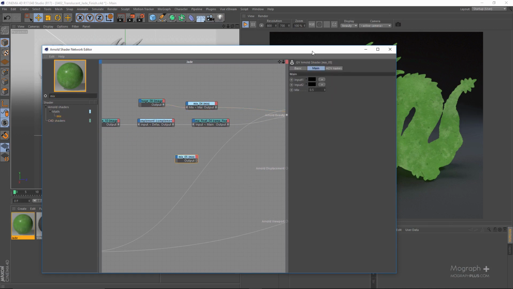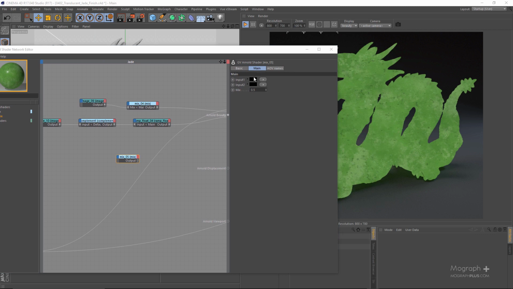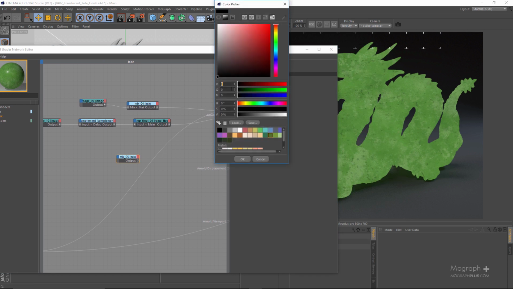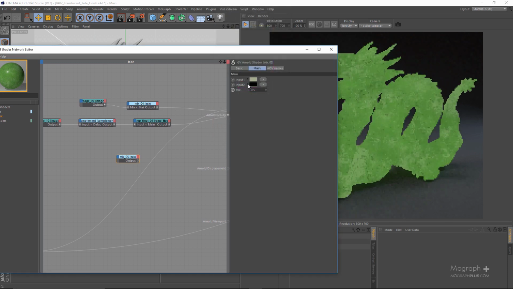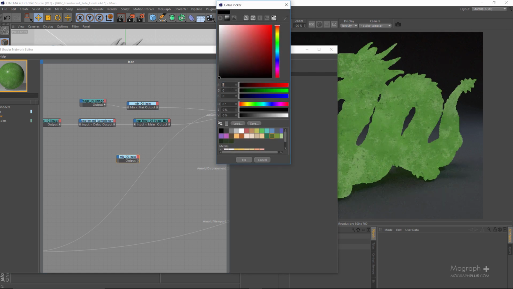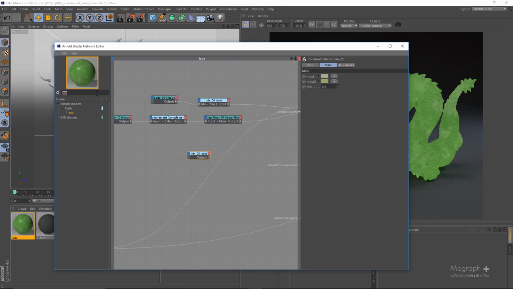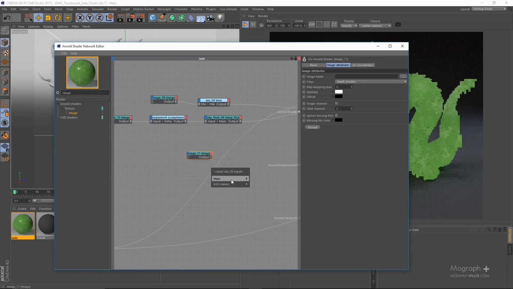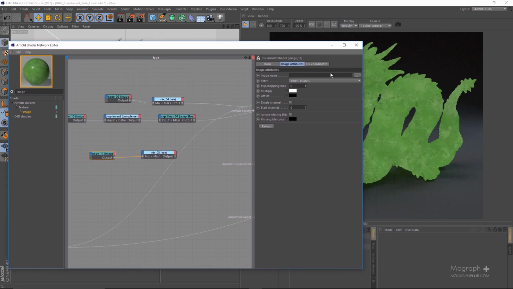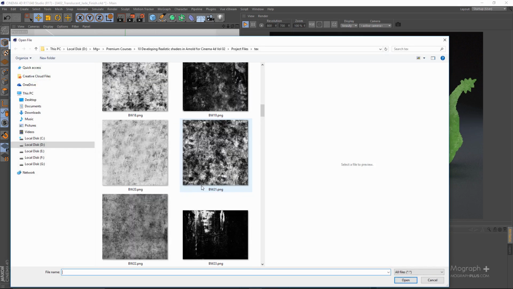So let's use some slightly brighter colors. So 163, 175, and 143. And for the second color, and you can sample from the image if you want to, 103. Okay. Let's use another image to control the mix amount. Sorry. Insert before as the mix amount. And let's use something like,